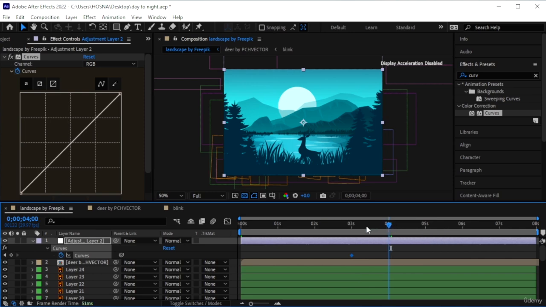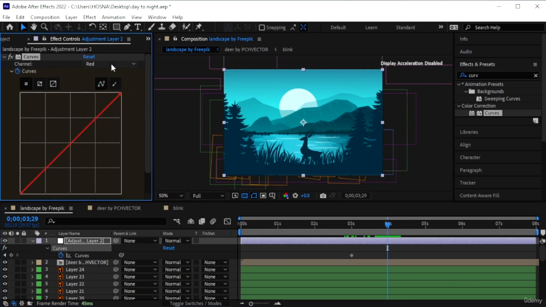On 4 seconds, where the sun is out, we're going to remove the blueness from this landscape and also lighten up the colors. So to do that, go to Channel, get Red, first get Blue, and we're going to go down, and this simply removes the blue from the screen. Go to Green, remove the green,